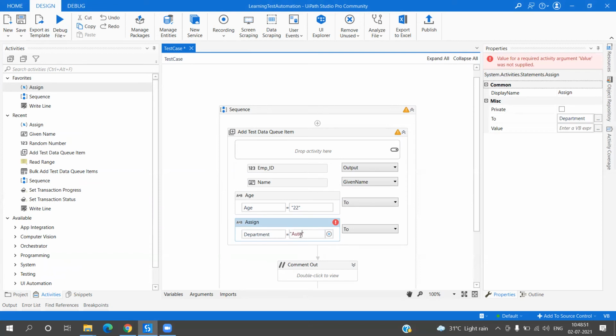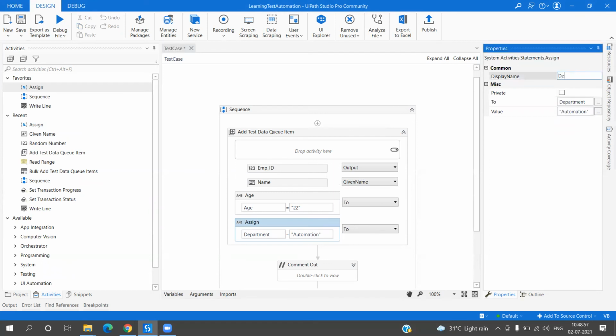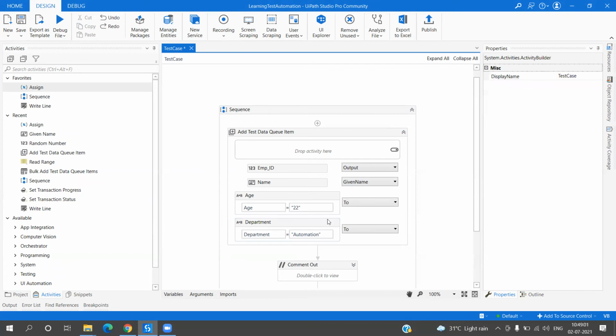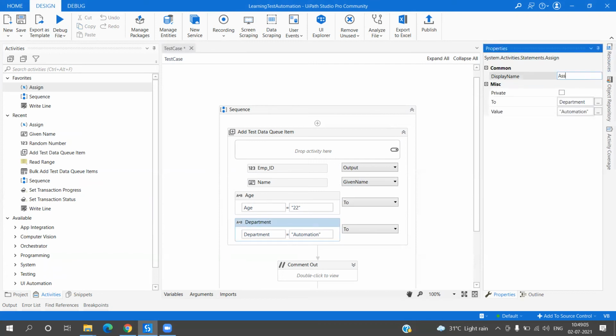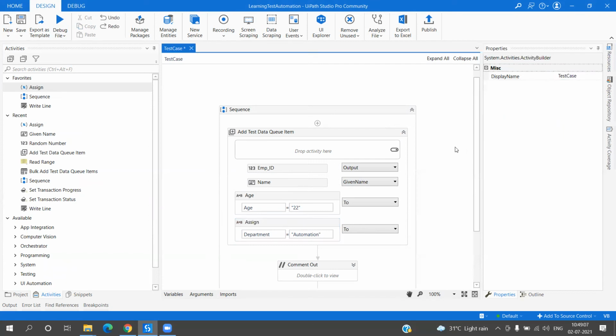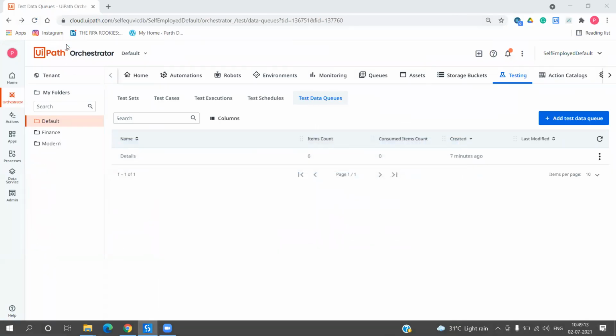And department is going to be automation. Let's change this name to department. Okay. What I will do is I'll show what if we keep it as assign and what problem occurs. So let's execute this. So now after 6 we should have one more data over there.